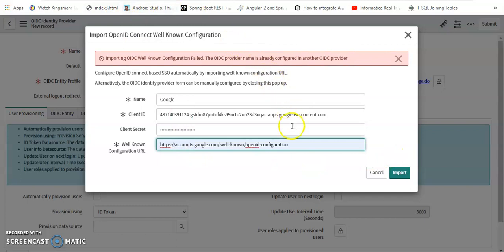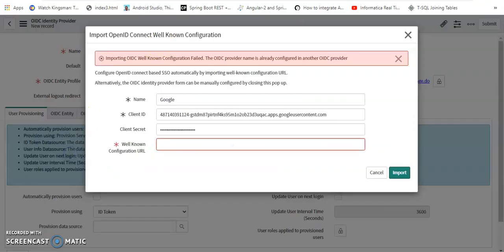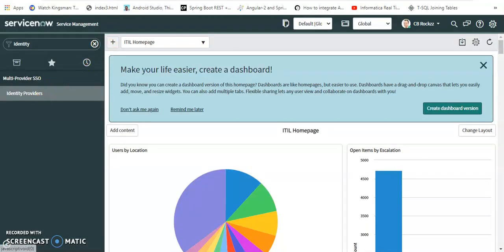It says the OpenID account URL is already there. They are saying this URL is already there in this one. So let's move on with the process. Okay, it is showing some error when importing the data. Let's see if they have used something already.